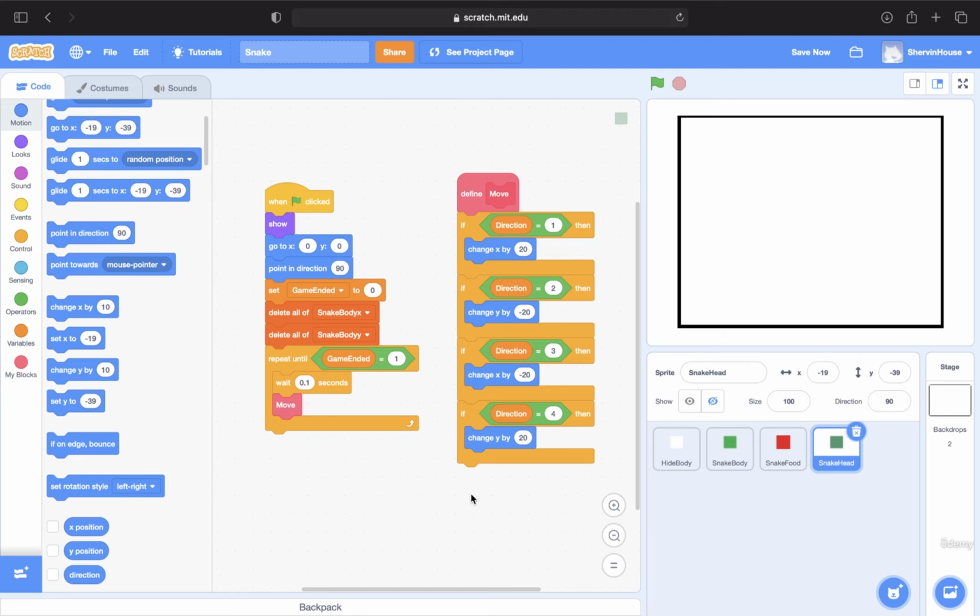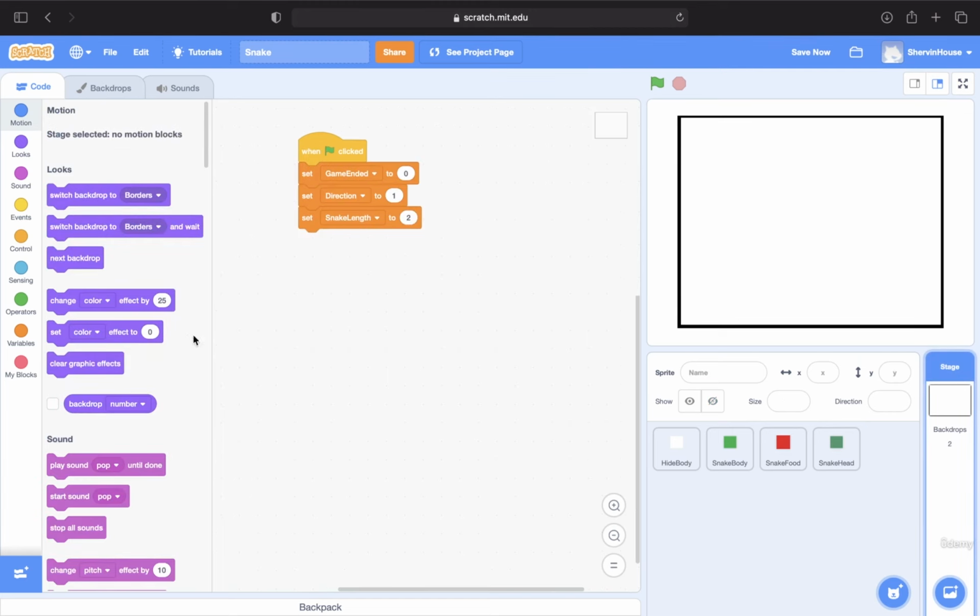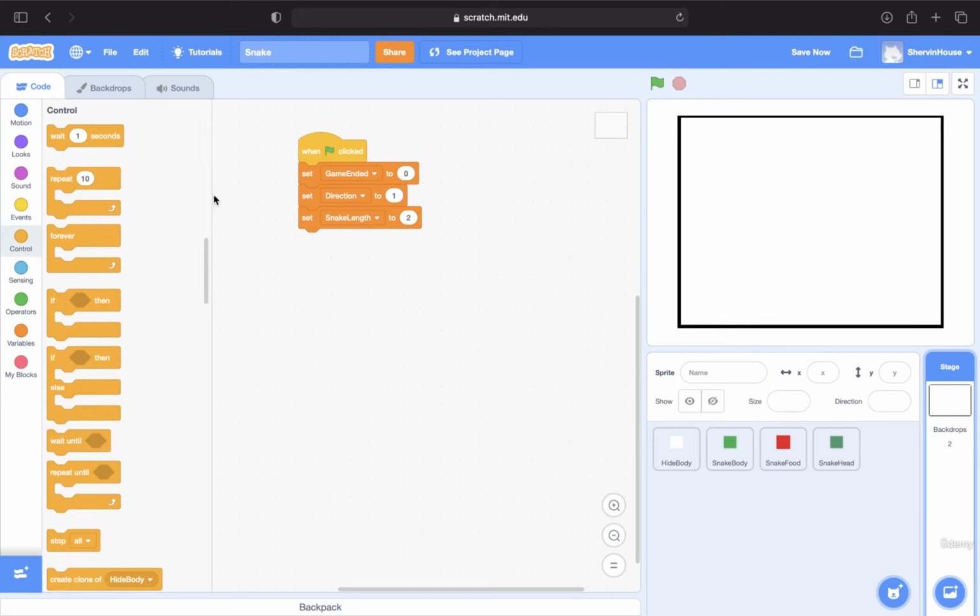All right. So now that we have all of this set up, essentially what we're doing is that until the game ends, we're waiting 0.1 second, and then we're moving in the correct direction, right? According to whichever direction we're in. Now, the next part that we need to make sure we have set up is the ability to change the direction. So we're going to go back to the backdrop, and forever we're going to check and see if the keyboard has been hit. And if it has, then we need to adjust the direction accordingly. So we're going to say